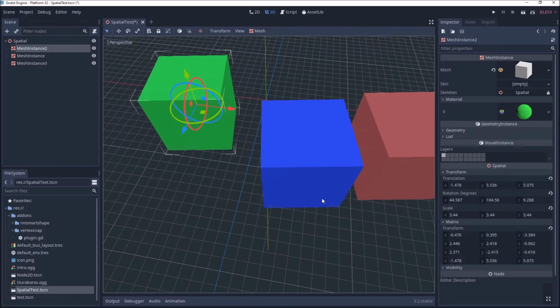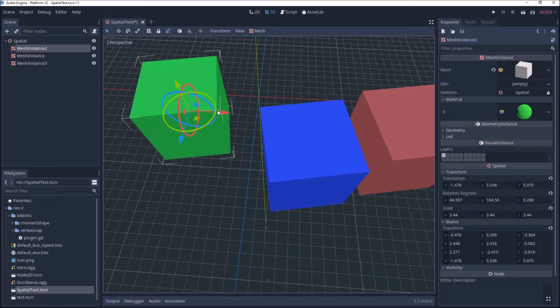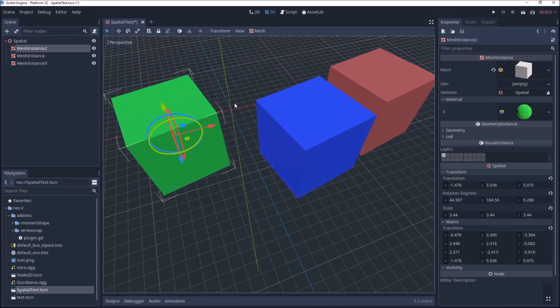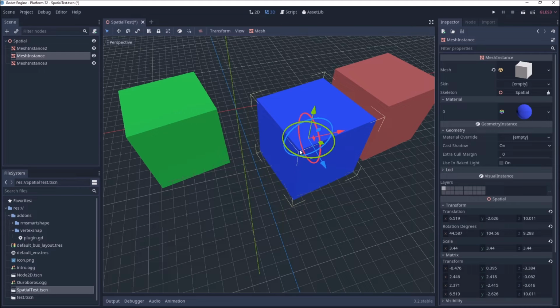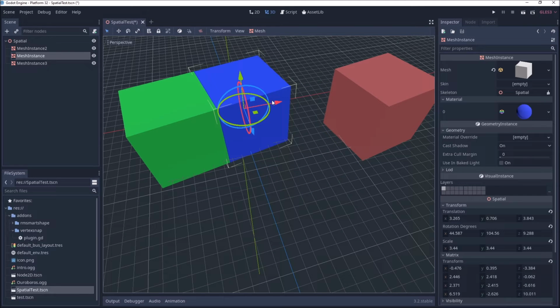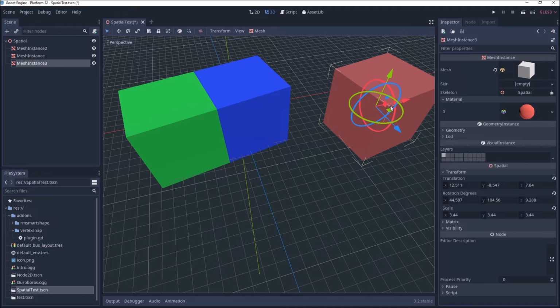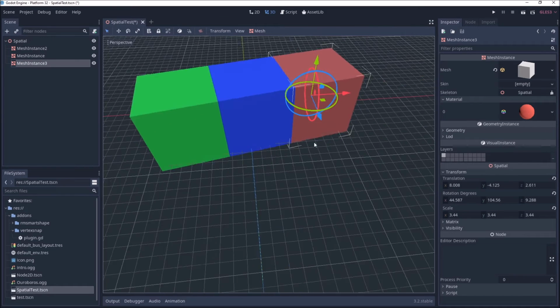So the first thing we're going to do is select our source mesh and close in on the vertex that we would like to snap to. I would like to snap to this corner here, so I'm going to move my mouse very near that corner, and I'm going to click V for the vertex, and then I'm going to select my next mesh, move in near its corner, and then select M, and you'll notice it has snapped. Then I'm going to select the next corner on the blue mesh here, and click V. That's my next source, and then I'm going to click the red, move in on its corner, and then click M, and you can see that I have now